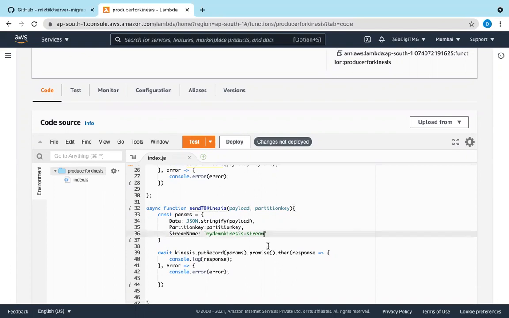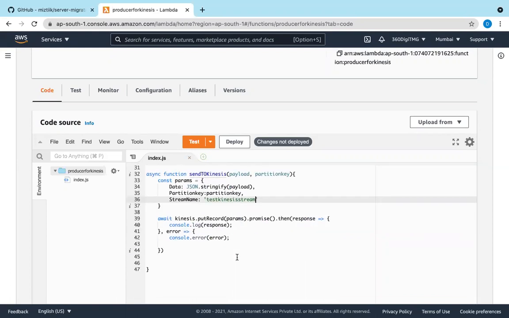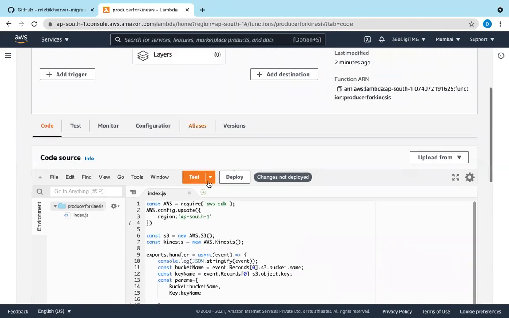Let us change this Kinesis stream to test Kinesis stream. That's it, and deploy.